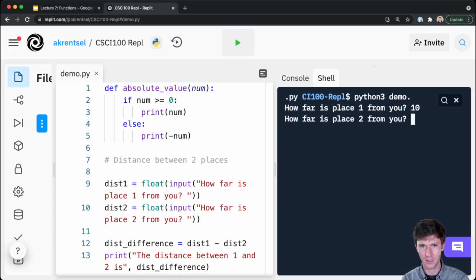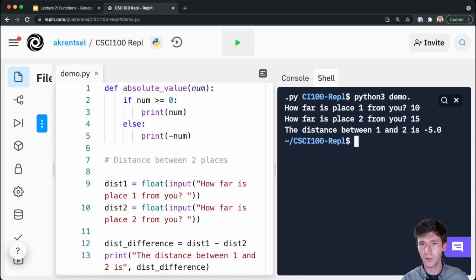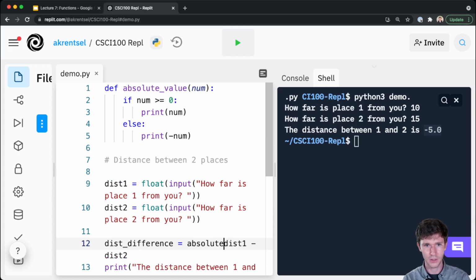So place 1 is 10, and place 2 is 15 miles from me. So the distance between 1 and 2 is -5. That's weird. We don't talk about negative distances. So actually, what we probably want to do is print out the absolute value. But if I were to just call absolute value here,